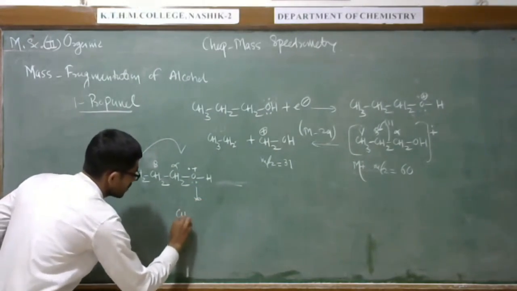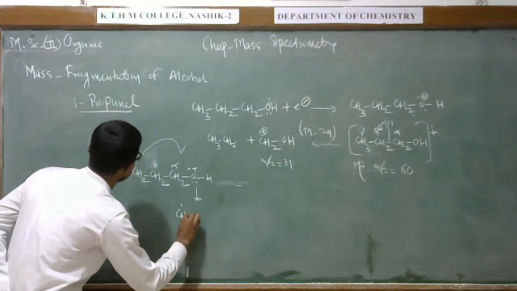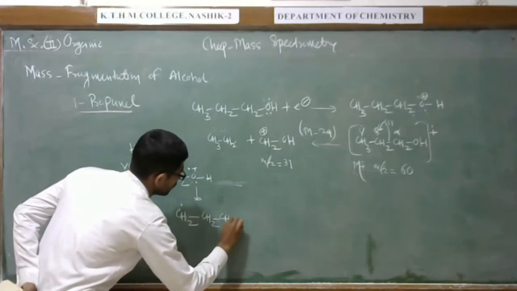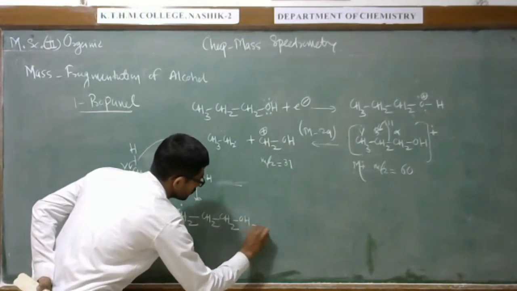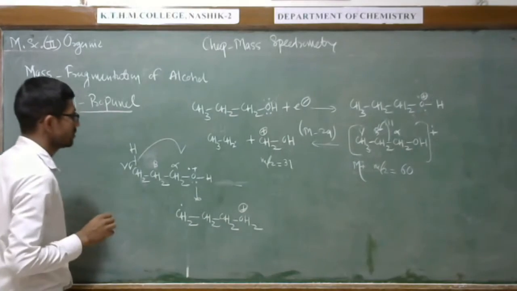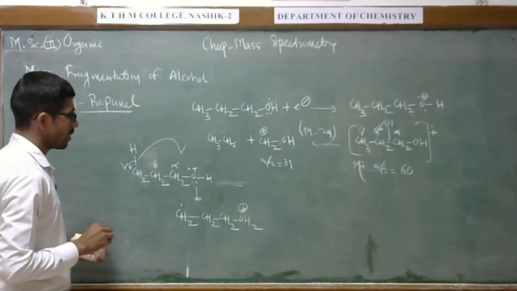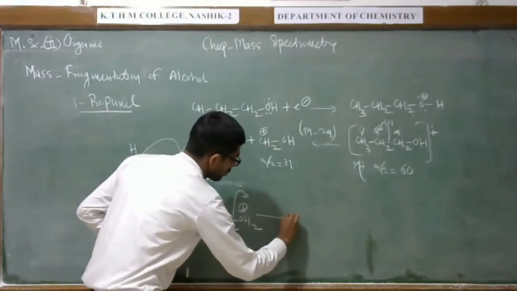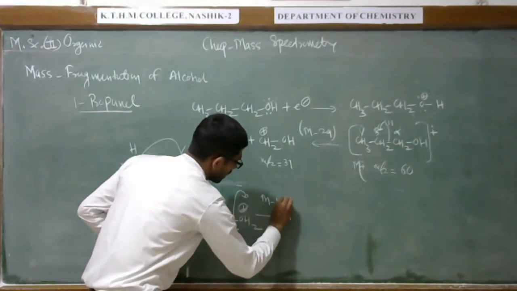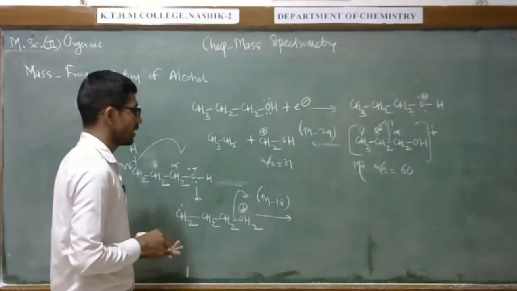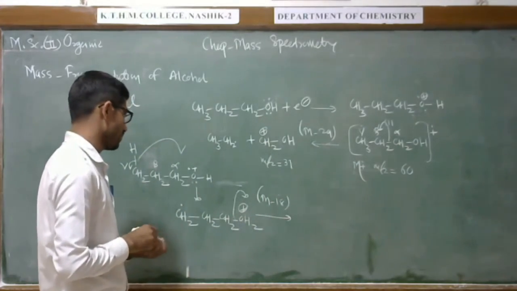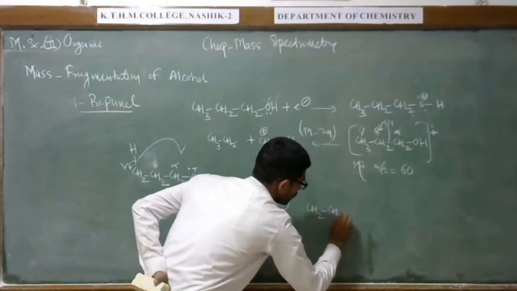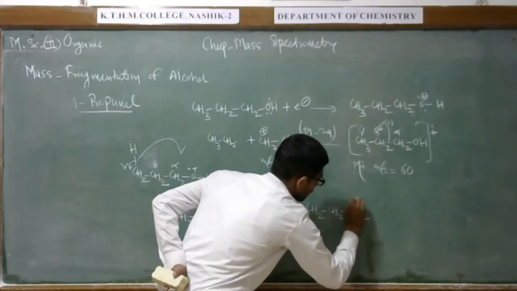So here this becomes a CH2 radical, CH2, CH2, OH2, like this. So this becomes like this. After that, this is removed as a water molecule. So M minus 18. M minus 18 means overall CH2, CH2, CH2 plus, and this is a positive charge,